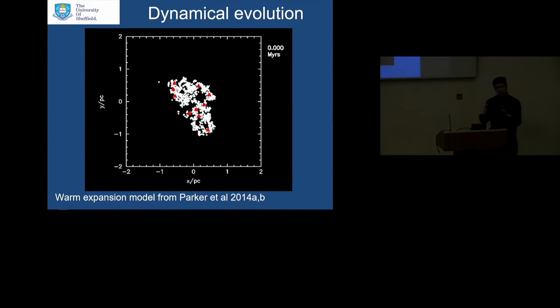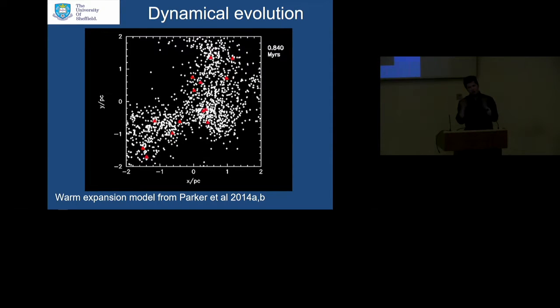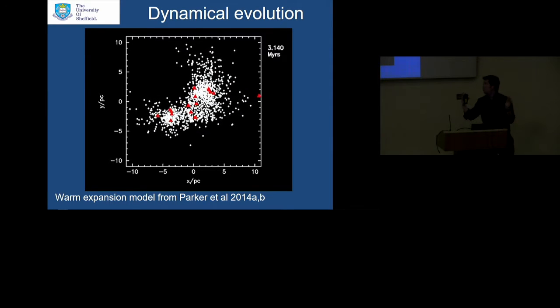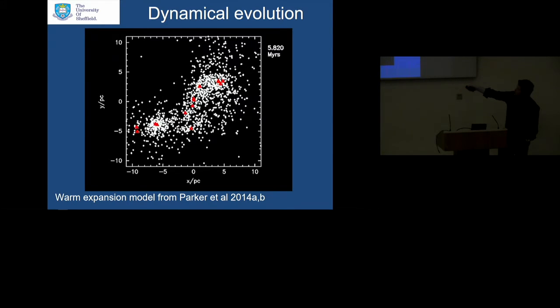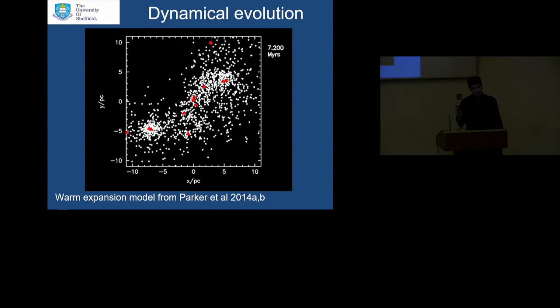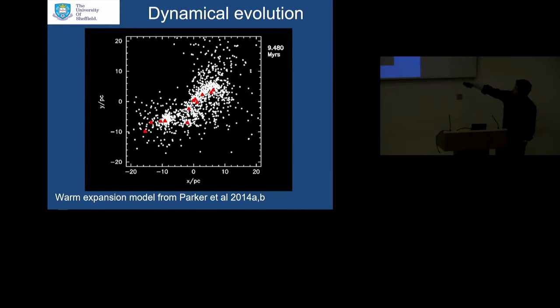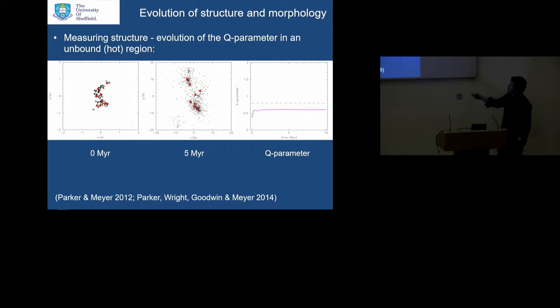So what if the star forming region expanded to begin with? There's a theory a few years ago that was very popular that the gas left over from star formation, when that's removed by supernovae explosions and stellar winds, causes an immediate expansion of the star forming region. And this is what this simulation tries to mimic. So what you'll notice here is the massive stars, shown in red, rarely interact with each other because they're being pulled apart from each other over time. You see that the region as a whole expands, but the most massive stars tend to just collect little retinues of low-mass stars. So how does that evolution look when we quantify it using our structure parameter Q?